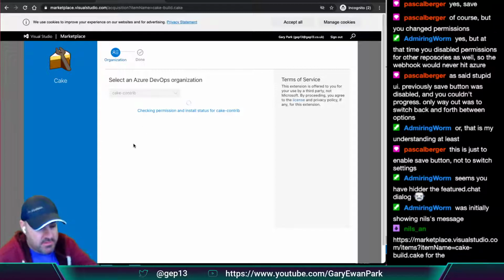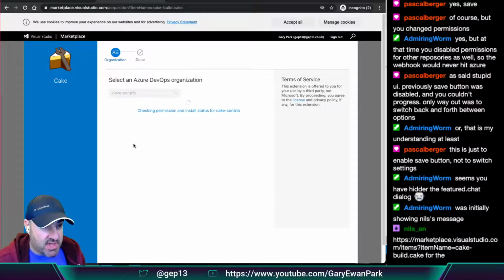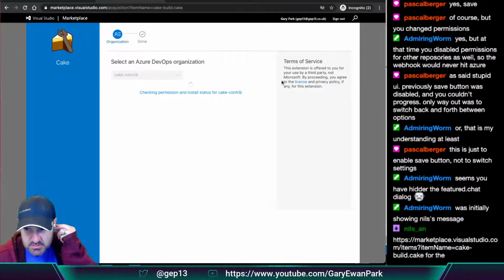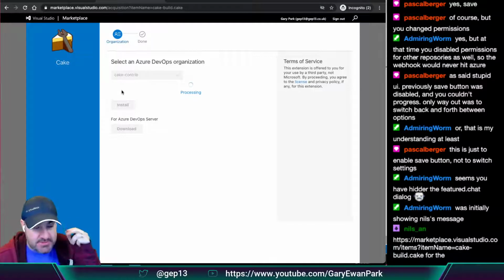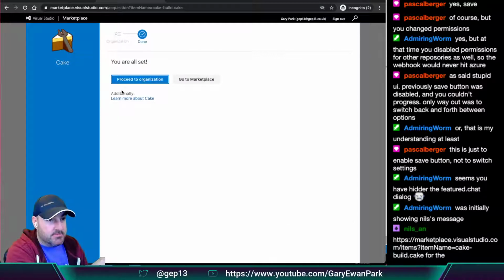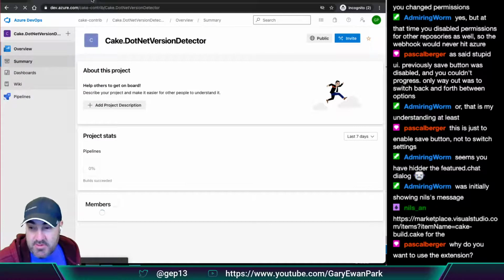And then checking permissions and install status for Cake contrib. Okay, let's accept all these cookies. Just thinking. I'm going to click the install button. You are all set. Beautiful. Proceed to organization. Okay, so then if we go back into .NET version detector,